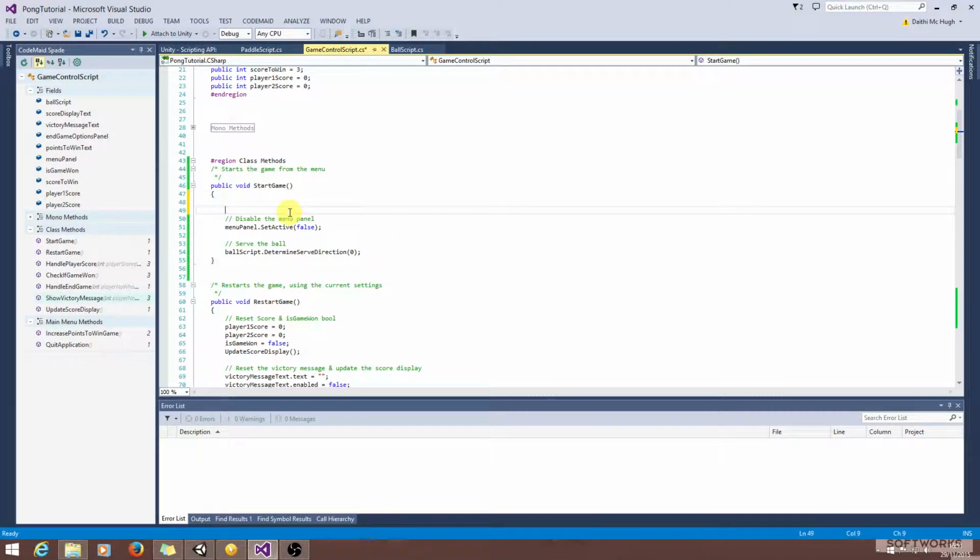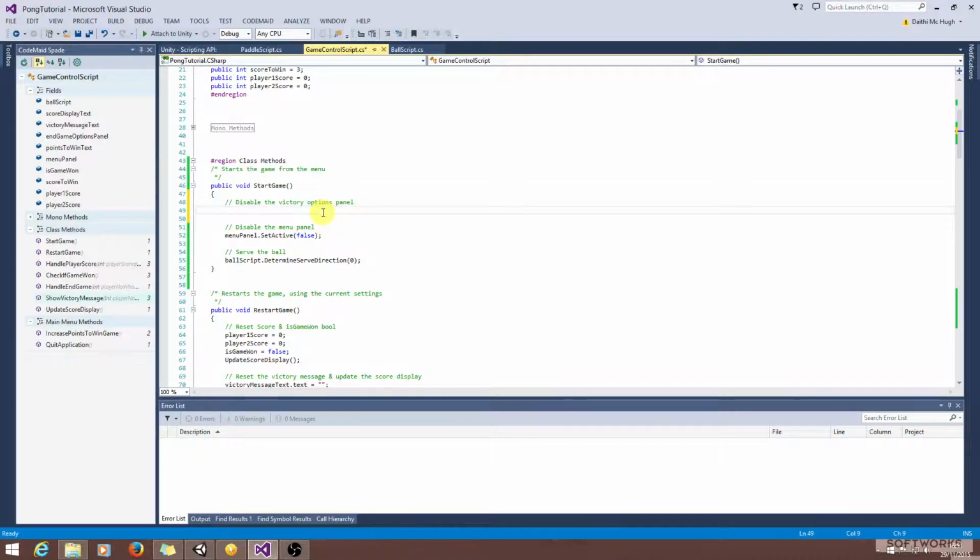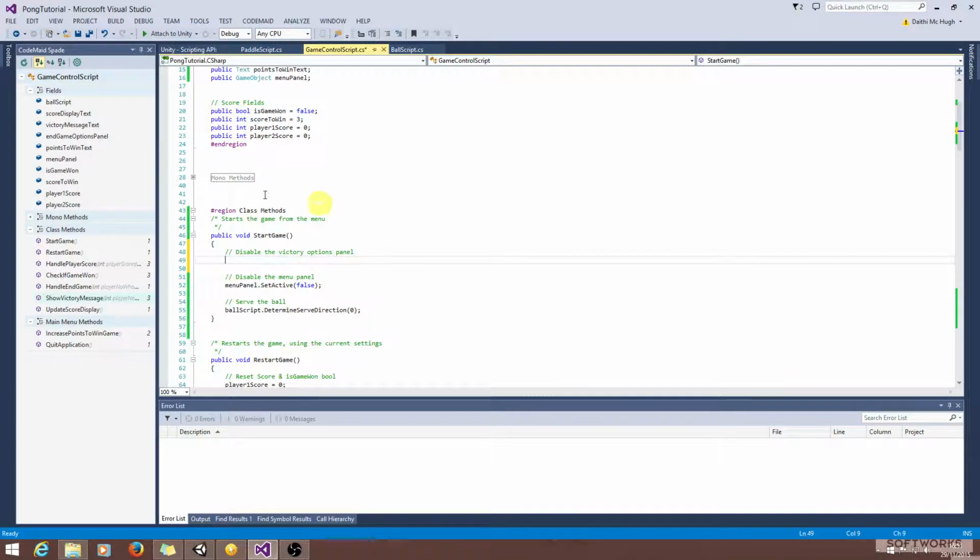Okay, so disable the victory options panel. Now we will actually start the game. We're actually going to disable this when we're starting the game, but it's going to be switched on at the end of the game. So if we go from the end of the game back to the menu and back into the game, it'll still be visible. So we need to do this somewhere, so we can just do it here. We have end game options panel here, end game options panel dot set active false,